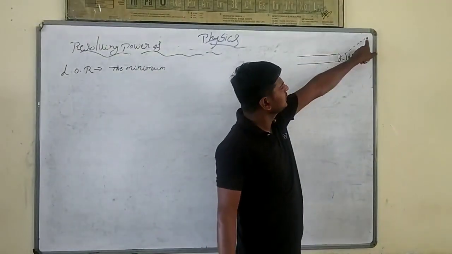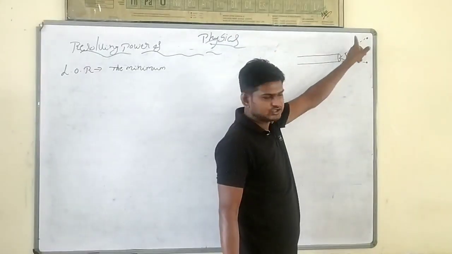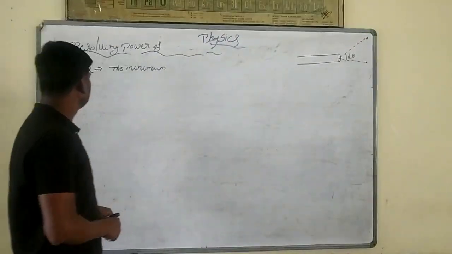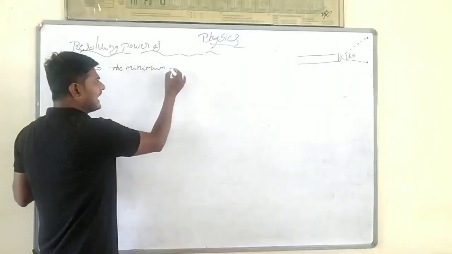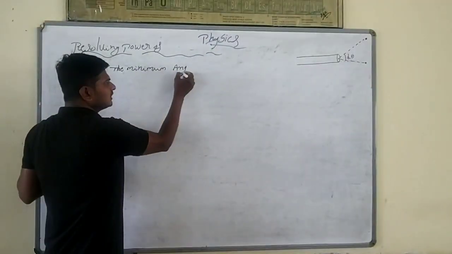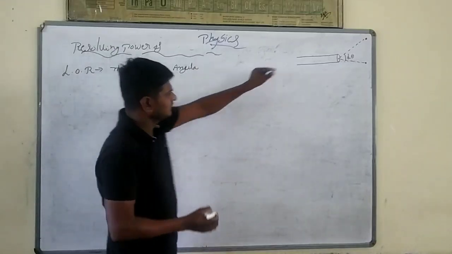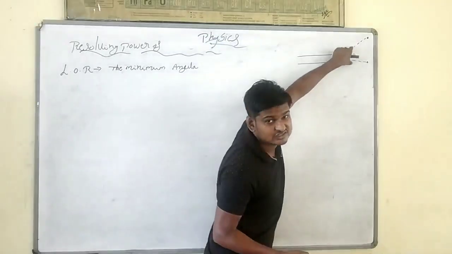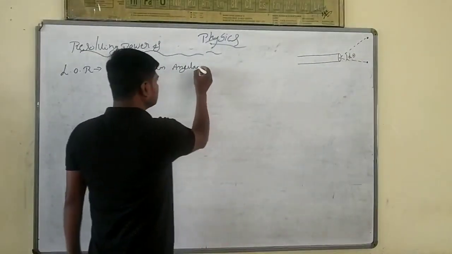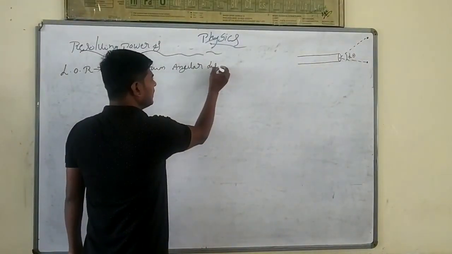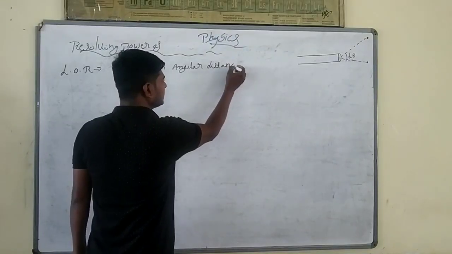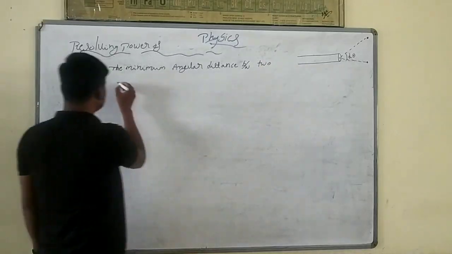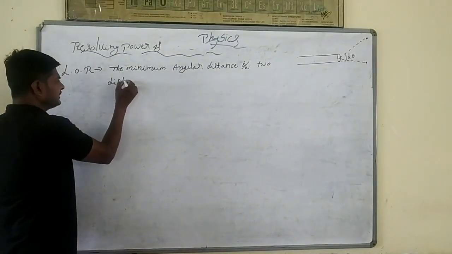There will be two distinct objects. We have to see the two distinct objects. Now, the minimum angular distance, the minimum distance between these two objects, this distance we are going to call as what? The angular distance. The minimum angular distance between two distinct objects,